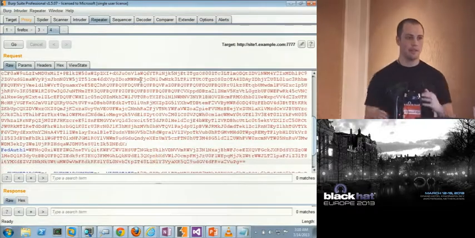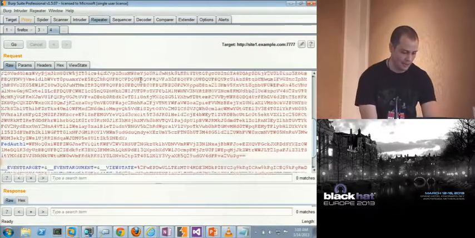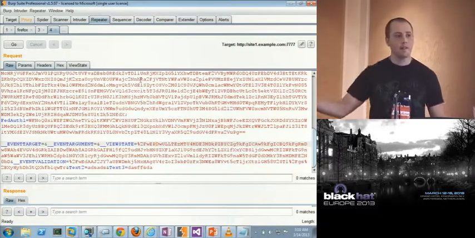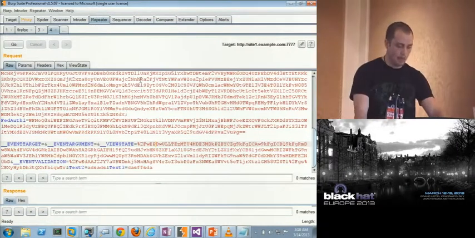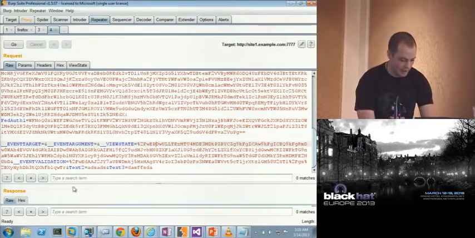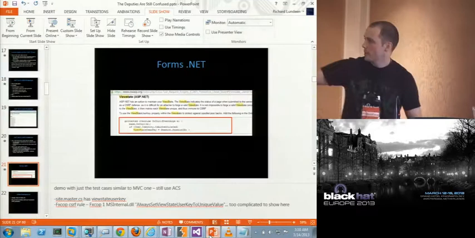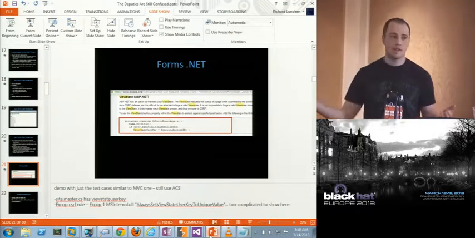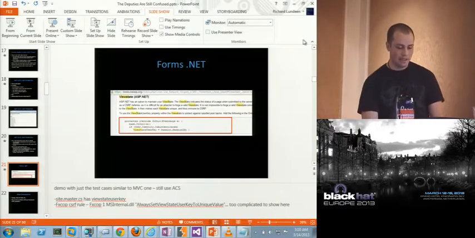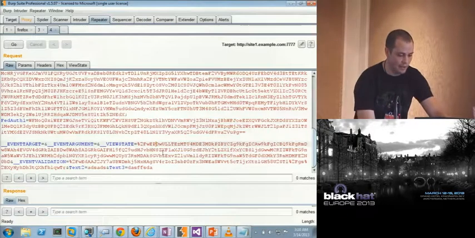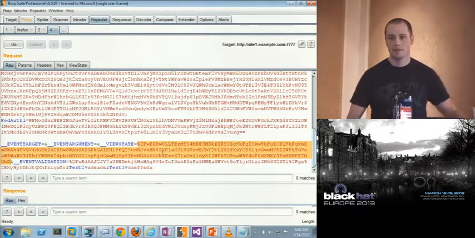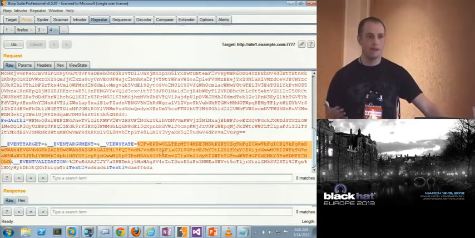So the protection relies on setting ViewState user key to session ID. What is that doing? Well, there's these ViewState things down here. And we're relying on this to prevent CSRF. But the reason they make this recommendation, if we go back to the slide, is they say, set ViewState user key to Session.SessionID. And they say that so you can't just grab this ViewState value down here from user 1 and replace it for user 2. So that's why they say that.